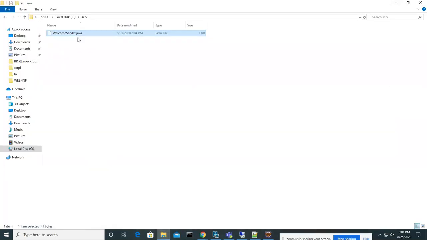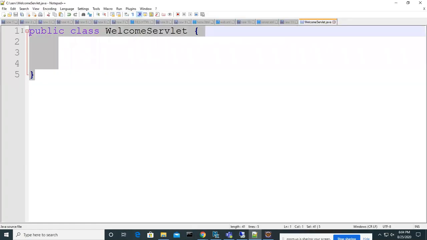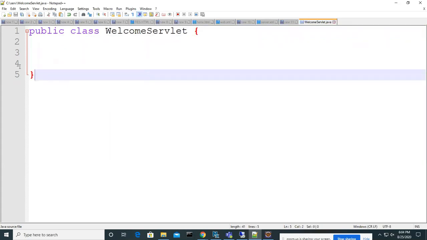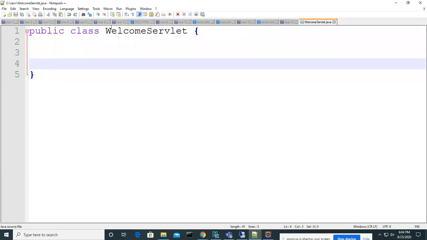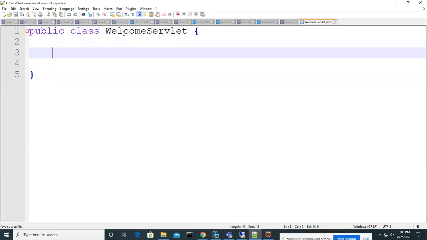So by looking at the name, can we call this class a servlet program? Do you think this is a servlet program? It's a simple class. No, sir. By giving the name servlet, it never becomes a servlet program.